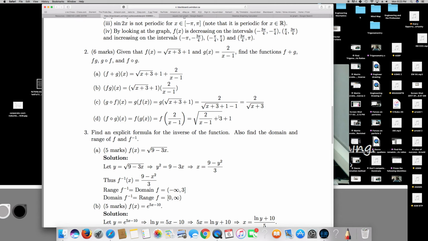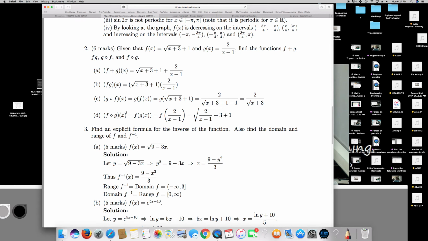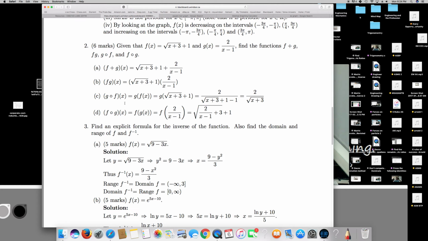And the second question is f times g. Just multiply, we don't have to simplify or anything. Just multiply both of them, like root of x plus 3 plus 1 multiplied by 2 over x minus 1. And the g of f of x, what we have to do is